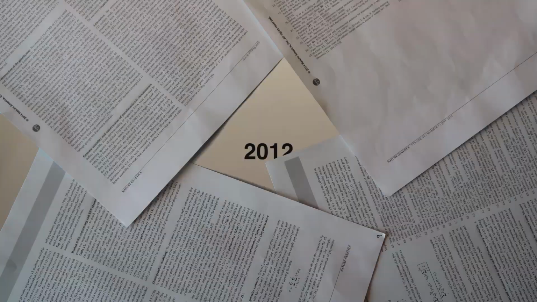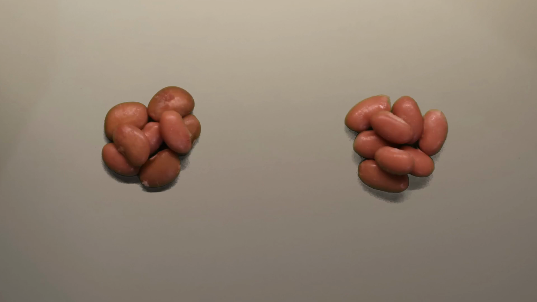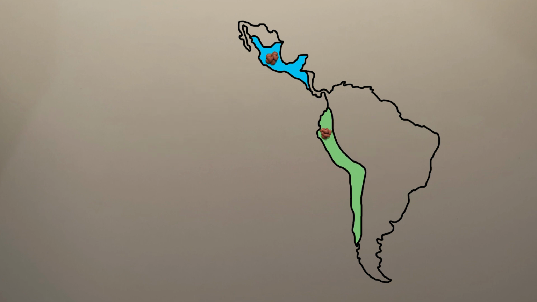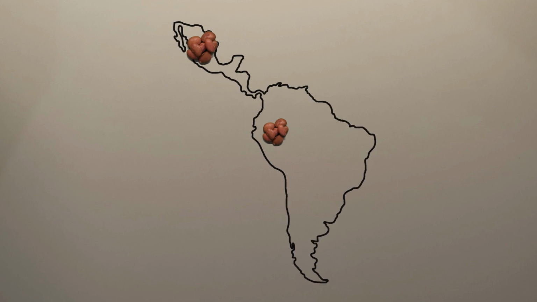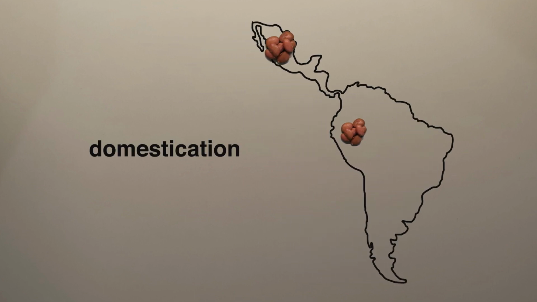Previous research, particularly in 2012, had established that the common bean existed within two distinct gene pools in two separate geographic locations: Mesoamerica and the Andes. Each pool was derived from a single wild ancestral population thought to be in Mesoamerica thousands of years ago. These two pools then experienced separate domestication events, where they each underwent natural selection and adaptations that modified their characteristics and made them more suitable for agriculture in their environment.